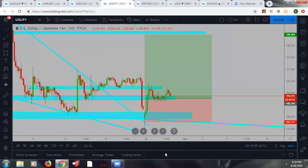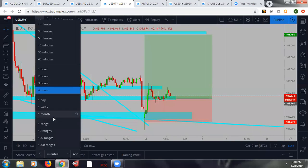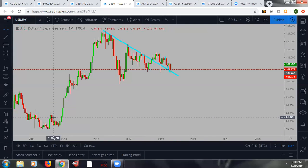Now let's go to UJ. So UJ has been playing with us. I don't know what's going on with UJ. It's been so slow these previous last week or two. I mean, it hasn't done much, but overall, let's analyze it. When it comes down to monthly: